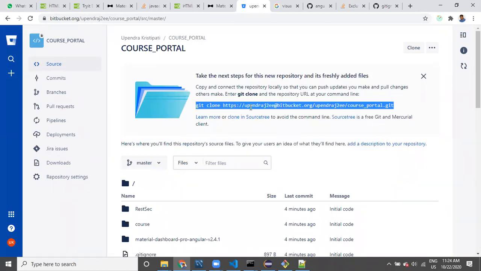See here, guys. If I give this particular URL, you are going to clone it. If you clone it, whatever code I have available in the portal will be available to you. First I will show you guys how to do it.